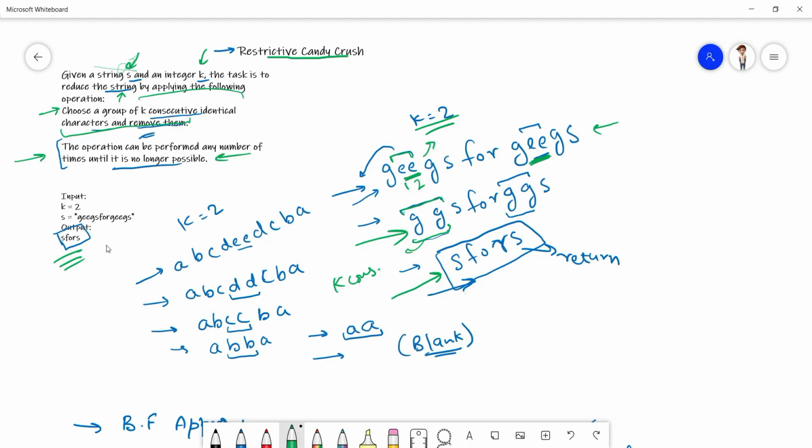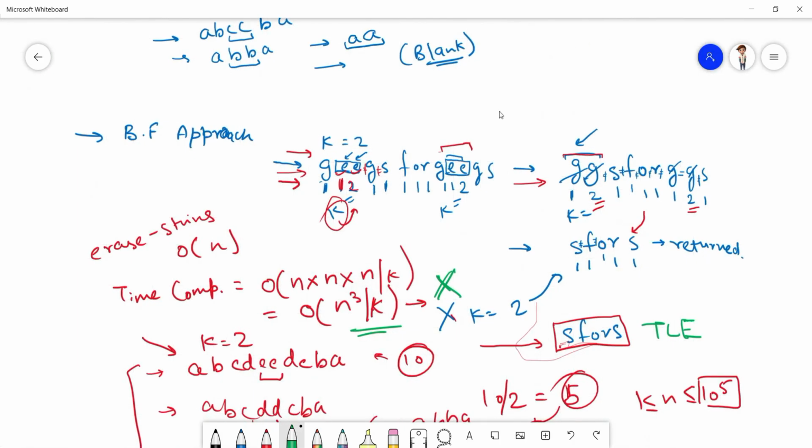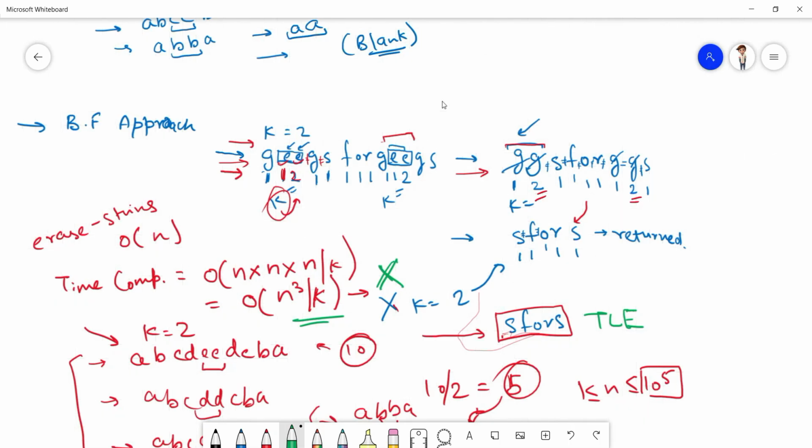Then we saw the brute force approach. The brute force approach traversed the string and kept increasing the count.